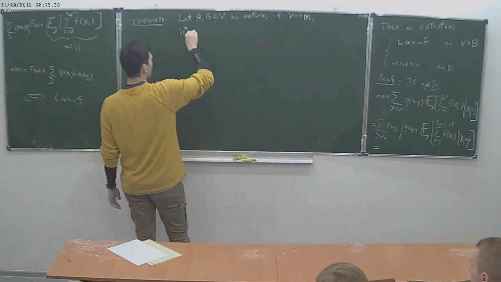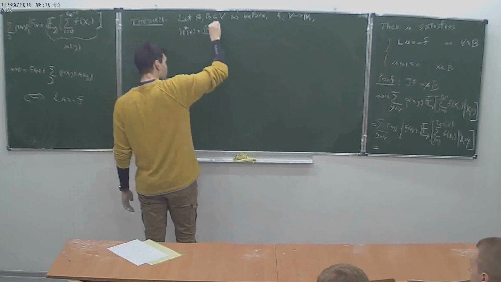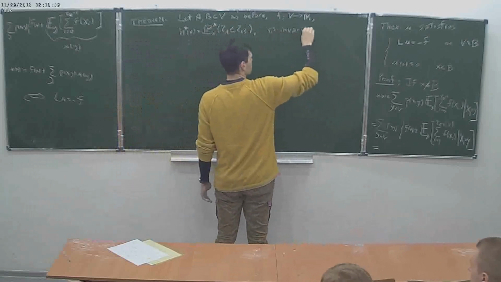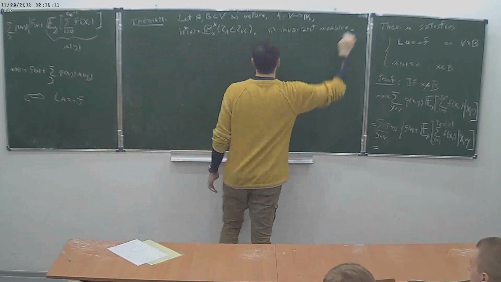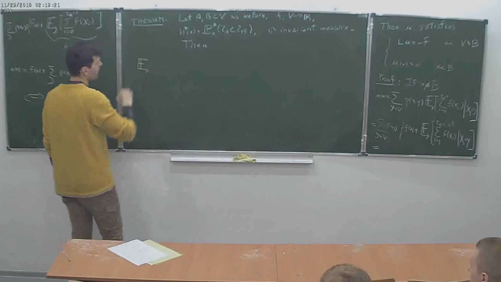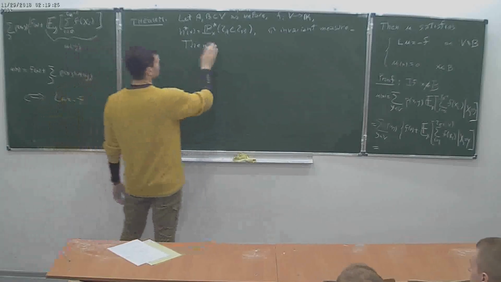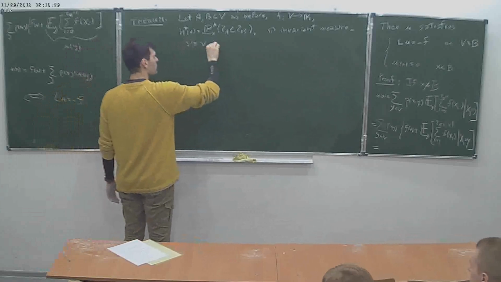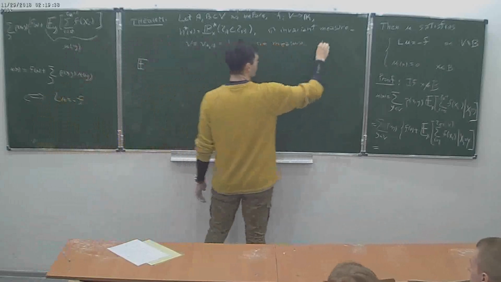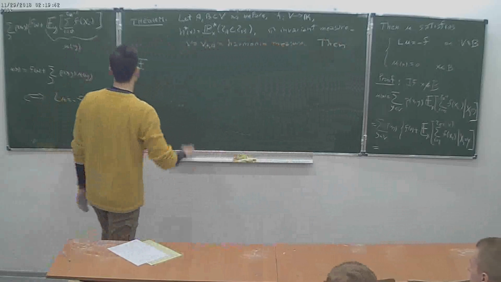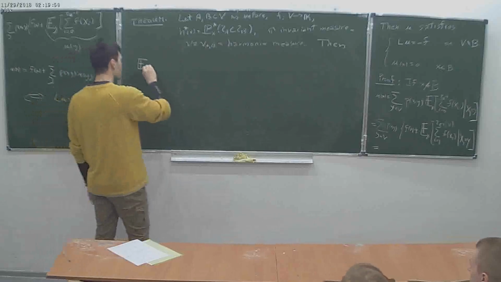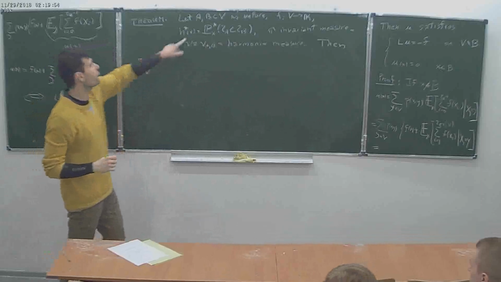So, theorem. Let A and B be as before, meaning just non-empty and disjoint. Let f be a function from B to R. h star, remember, is the probability when we start in x that tau A is less than tau B, and pi the invariant measure. Let us be given these things, and we also have mu AB, the harmonic measure. Then